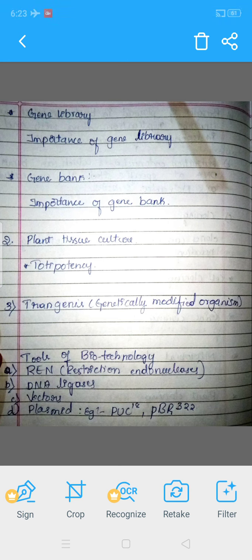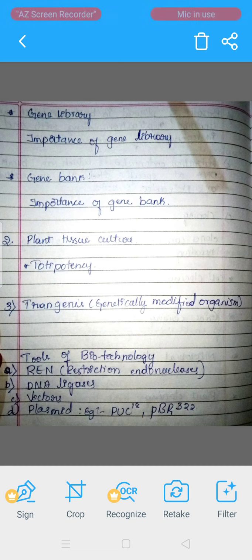Transgenic plants are obtained by involving tissue culture and genetic engineering techniques. The process of transfer, integration, and expression of a transgene in the organism is called genetic transformation. And transgenes refers to foreign genes or modified genes of the same species which are useful for the development of transgenic plants or genotypes.